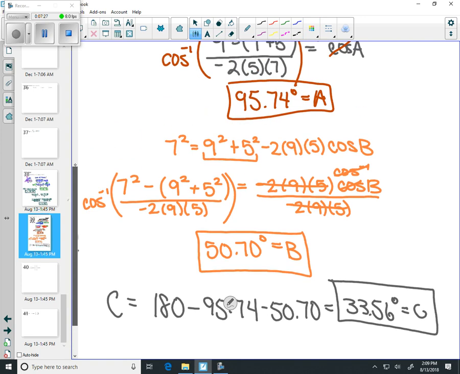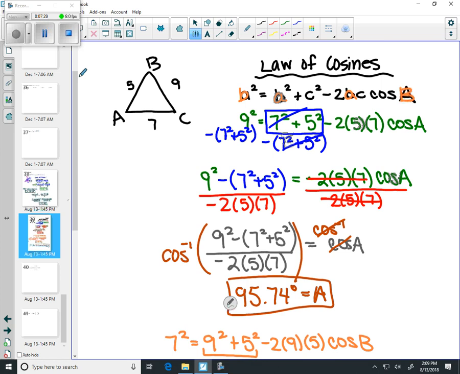And if we look back at our diagram, our smallest side should be across from our smallest angle. And our biggest side should be across from our biggest angle. A was our biggest angle and C was our smallest. So it's a good reasonableness check for